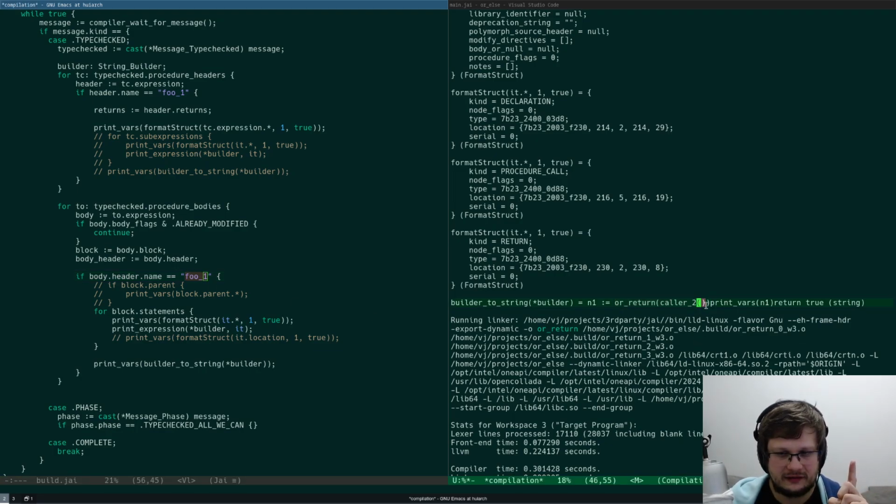But what do we do with nested or returns? Do I really need to recurse inside if we have an or return? Do I really hunt for them? Or we just straight up only support top level or returns.